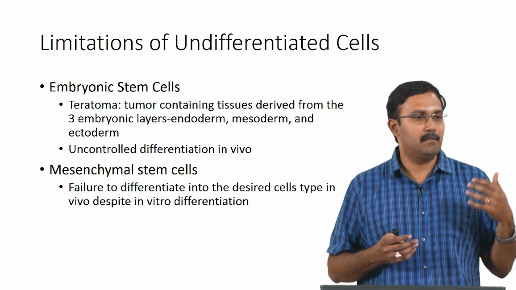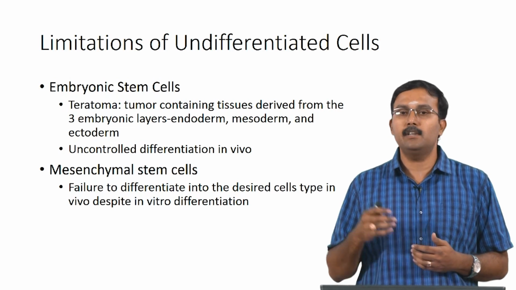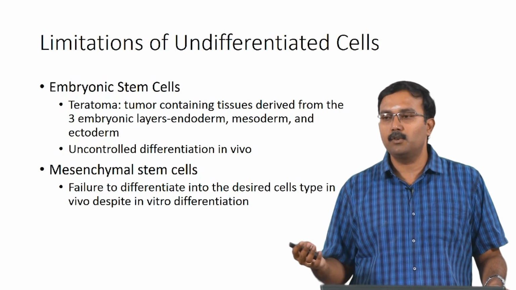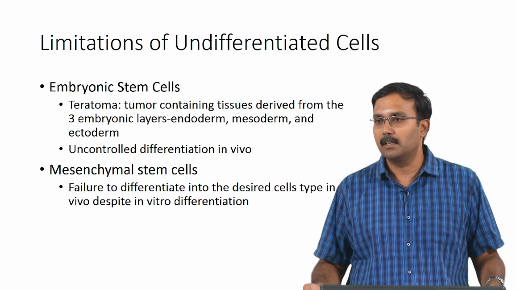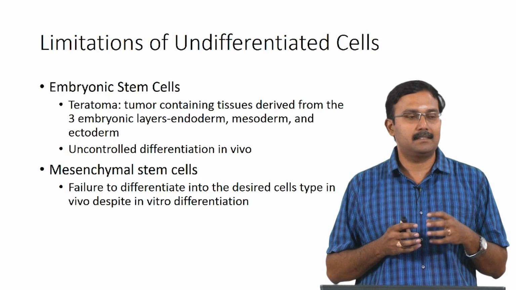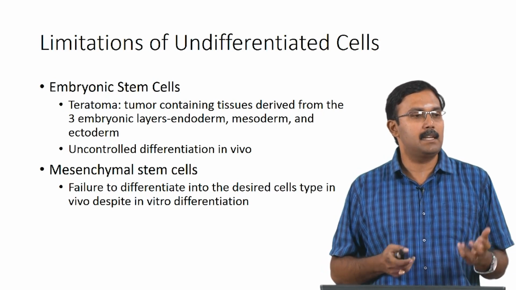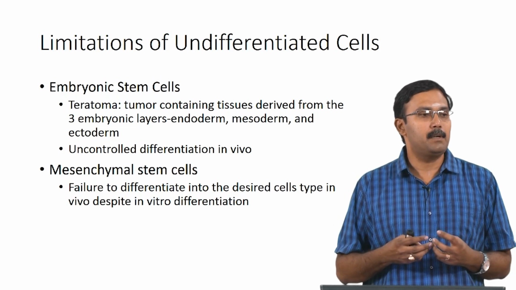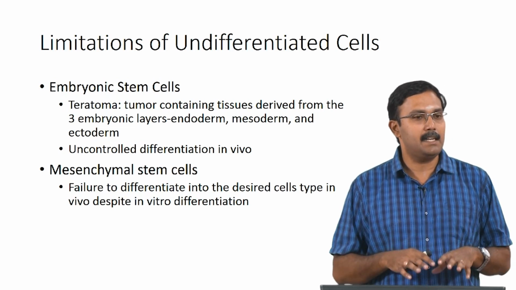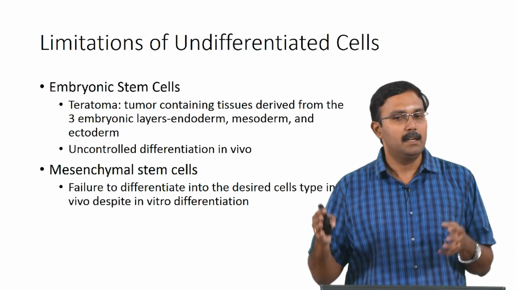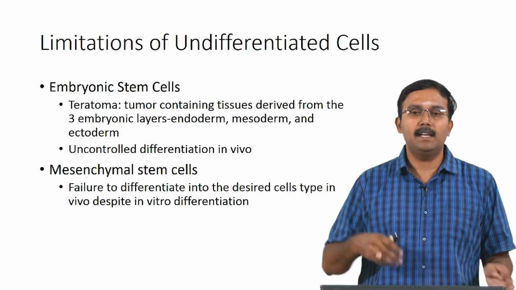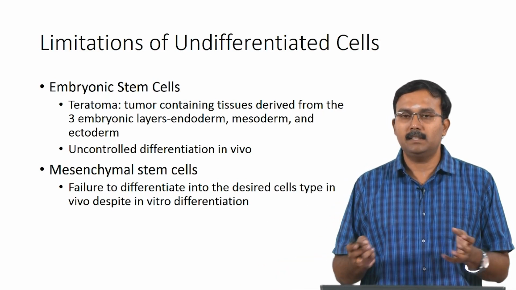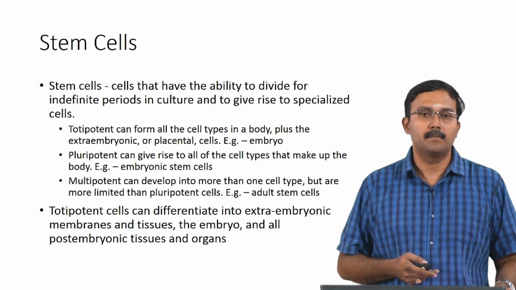Mesenchymal stem cells have a problem because they fail to differentiate into desired cell types in vivo, even though people have repeatedly shown that in vitro differentiation is very successful. So, because of this, it is not very easy to use these stem cells for in vivo applications. So, many a times what people do is they use stem cells and differentiate them, so they expand them and then differentiate them in vitro and finally place them in the site of implantation. So, those are some of the challenges with stem cells.